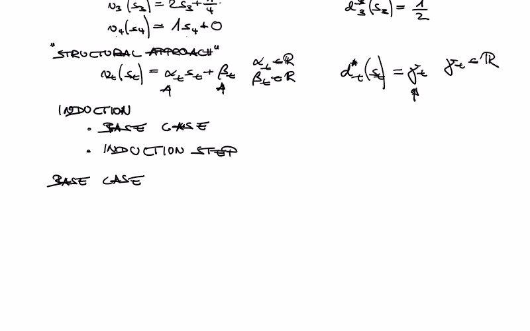So we look at the case that t equals big T, and for this we have in our definition of our deterministic Markov decision process, we have